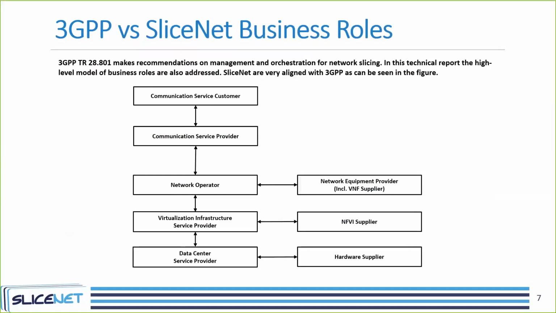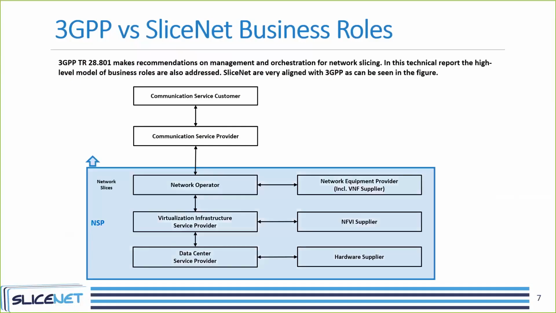which relates to the high-level model of business roles. They identified several players, and as you can see here, they have the communication service customer on top, the communication service provider, network operator, a virtualization infrastructure service provider, a data center service provider, and so on. So they have more granularity, let's say, of players, but we can map our SliceNet business roles in this